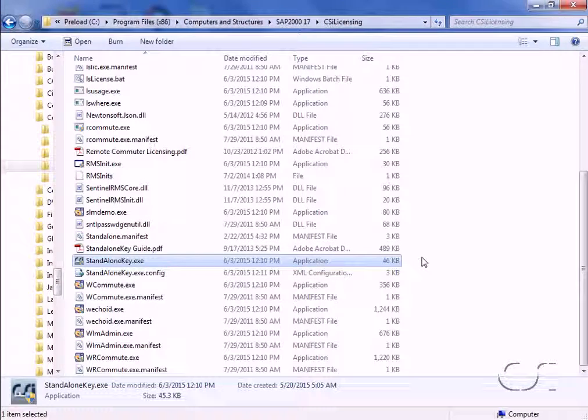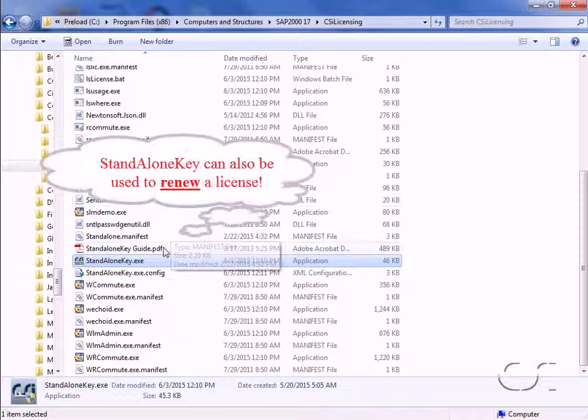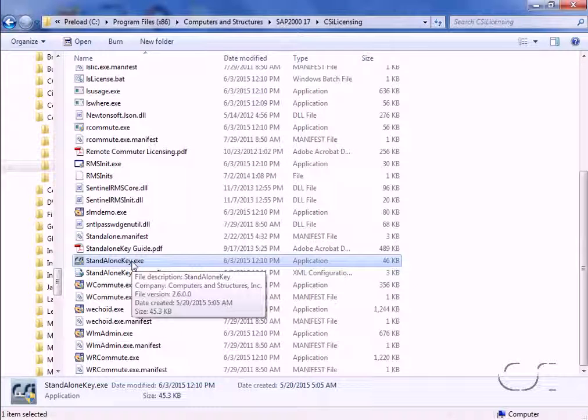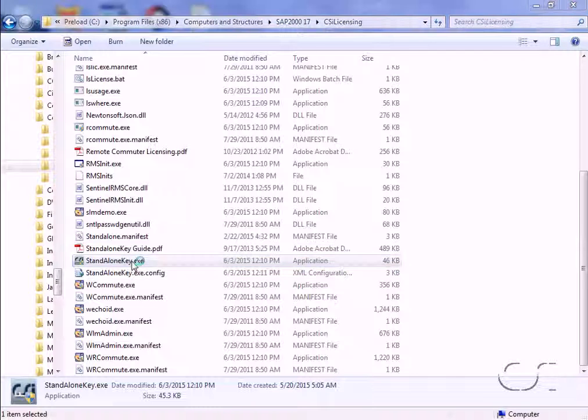If we wish to move the standalone version of SAP2000 to a different computer, we can do so using the standalone key program found in the CSI licensing folder under the program folder. We suggest that you also review the standalone key PDF for additional information. Double-clicking to start the standalone key program,